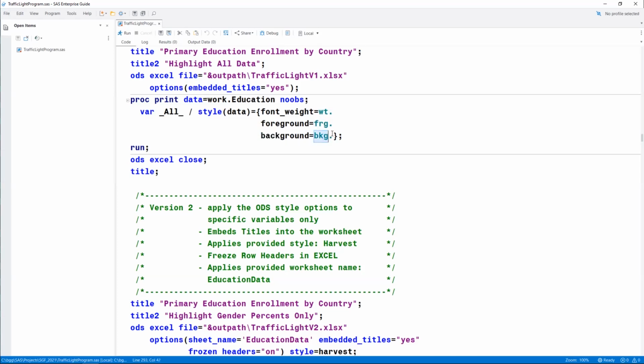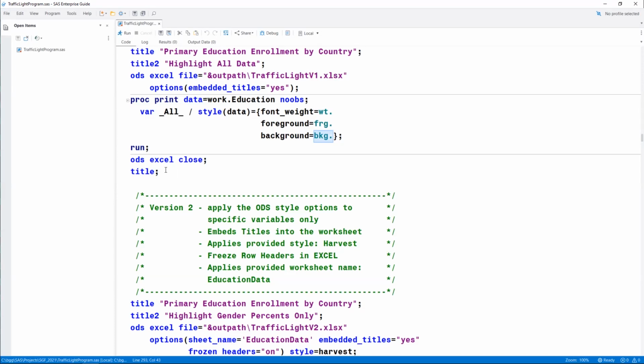I'm now going to have it reference my format for background colors. Now, what this means is it's going to take the data values on each row and apply our format to those data values, and we will see the different colors based on the different data values that come out on our report.